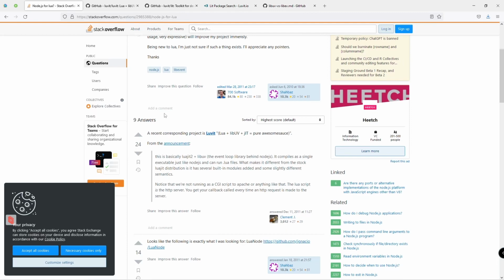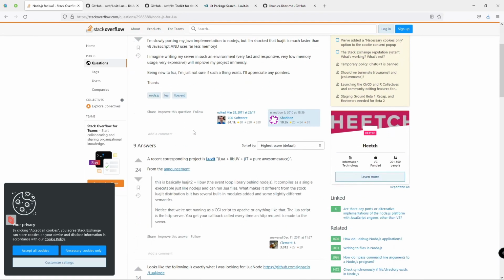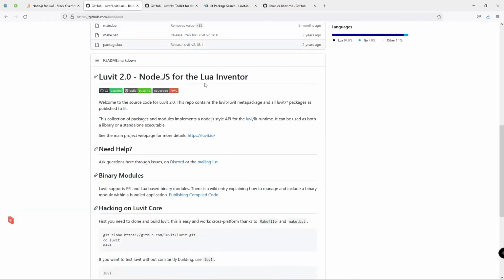But then I started to Google this thing, trying to find what is the link between Node.js and Lua, because I remember I've seen that at some point, and that's actually the Luvit project. Luvit is Lua plus libuv and LuaJIT. And if you go on the main page, you will see that, yeah, it's basically